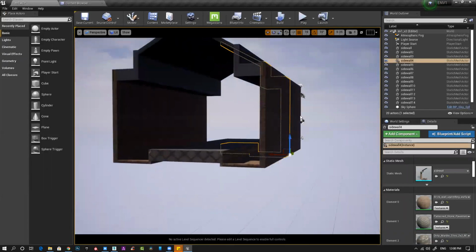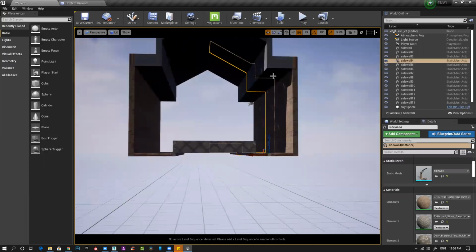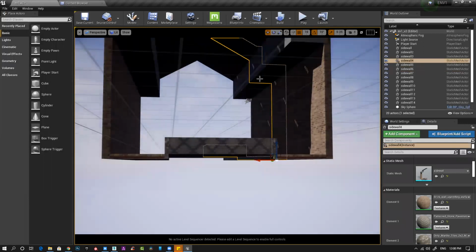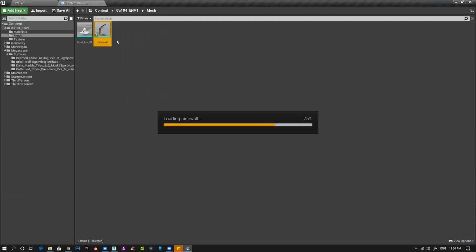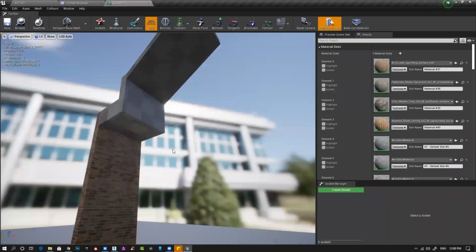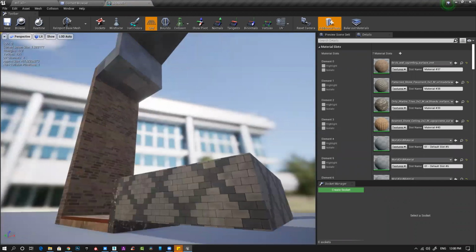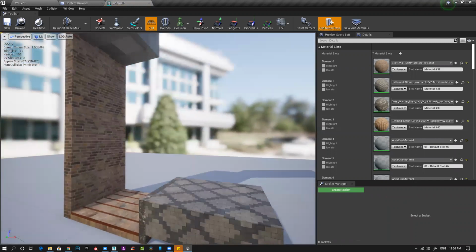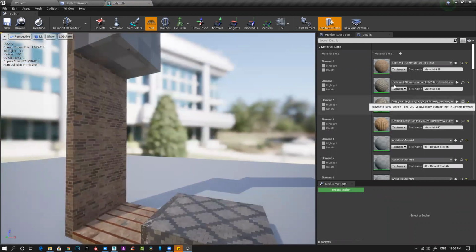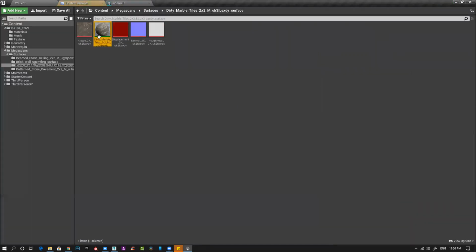Things and spaces, plus all those small boxes. This thing is here. So for all these things, I can apply any texture, whatever I want. Let's check where this marble one is.